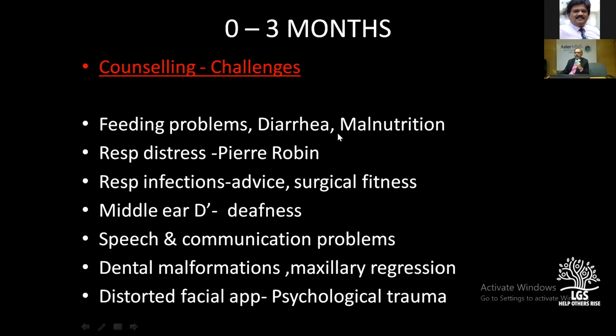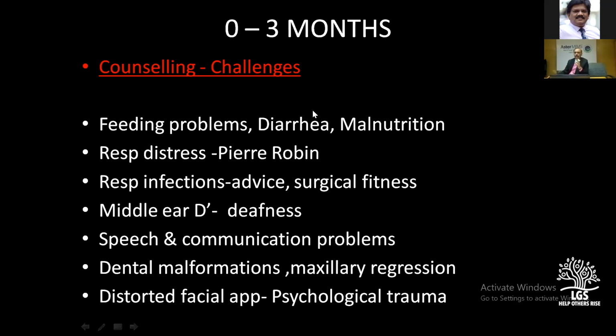The child will not be able to suck well and would end up malnourished. Especially if it's born with a receding mandible, the so-called Pierre-Robin syndrome, the child could have respiratory distress. It can have respiratory infections because everything is open. Because of the abnormally functioning eustachian tube, the child can have ear problems leading to deafness, and other problems. So we tell the family and the parents in a very mild, understated manner, these are the problems you